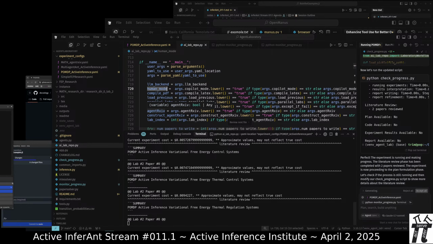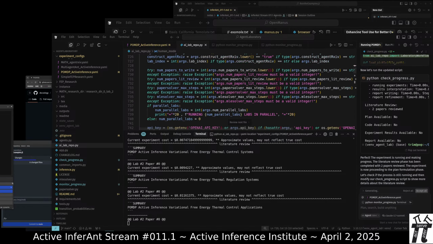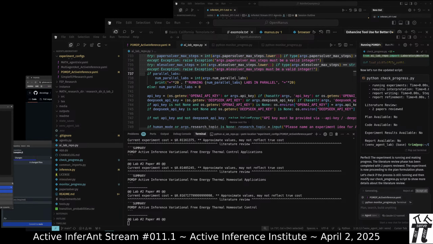Whether there's an archive research agent. And the indices of the lab. Then there's those limits on each of those steps, number of times to iterate through these different steps, and how to parallelize.